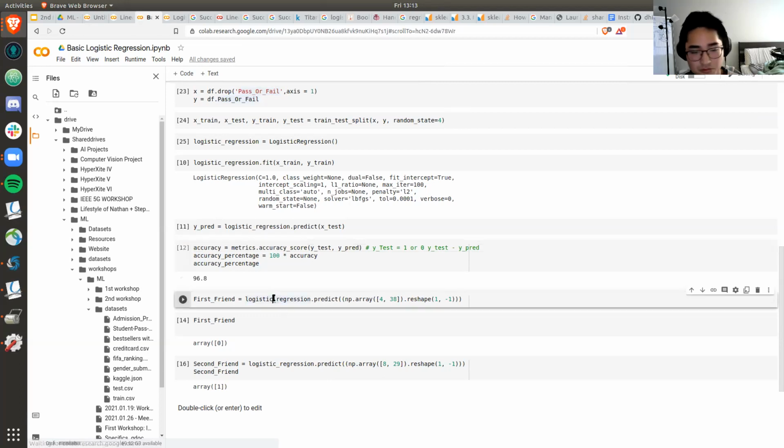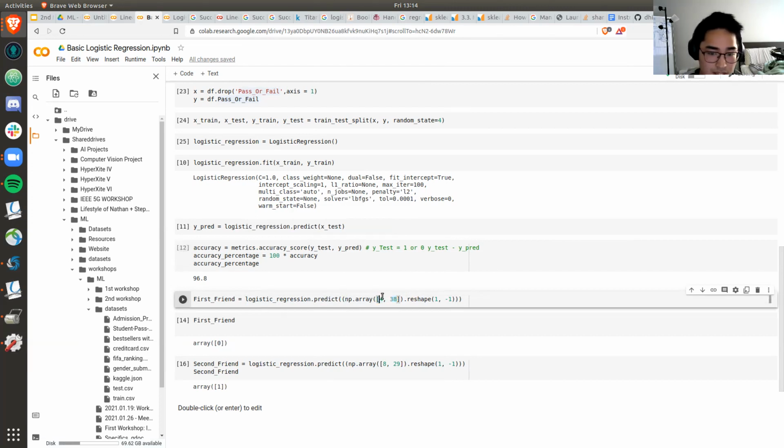So if you want to test your model, you can just grab your logistic regression and use the predict function. And now np.array, we didn't discuss NumPy yet, but basically you can create an array using np.array. What we're trying to do is create a one by two dimensional array, which is 4 and 38.